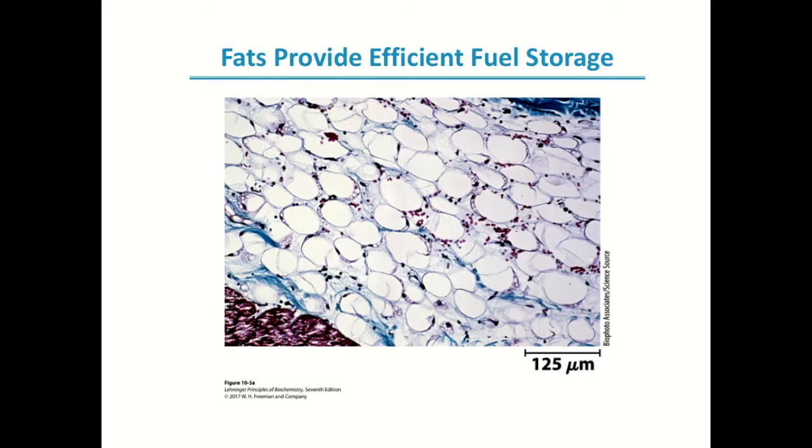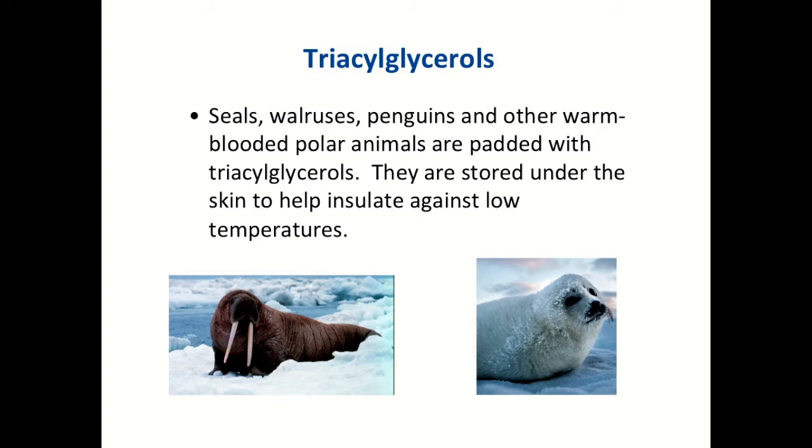This picture shows a cross-section of human white adipose tissue, and each cell contains a fat droplet, which is white, so large that it squeezes the nucleus, which is stained red, against the plasma membrane. Triacylglycerols are often stored under the skin in certain animals to help insulate against low temperatures. For example, seals, walruses, penguins, and other warm-blooded polar animals are padded with triacylglycerols, which helps protect them from their